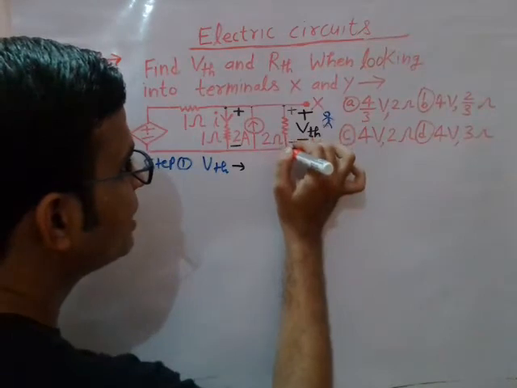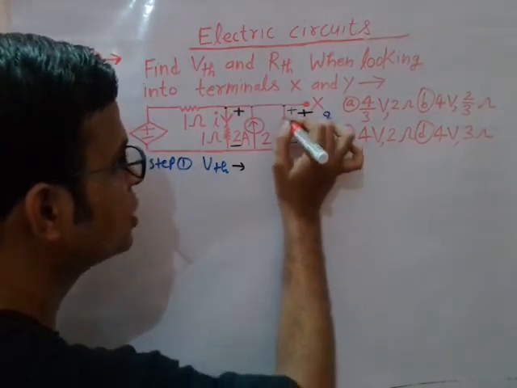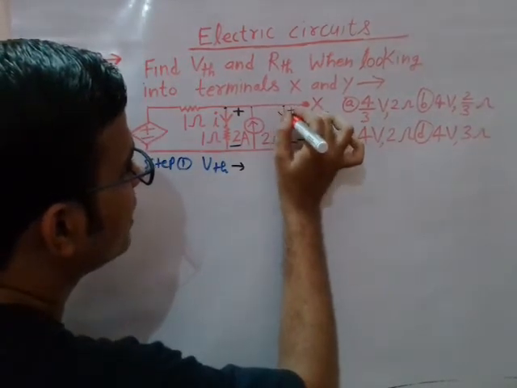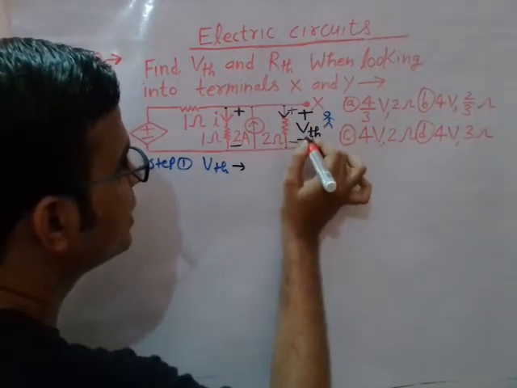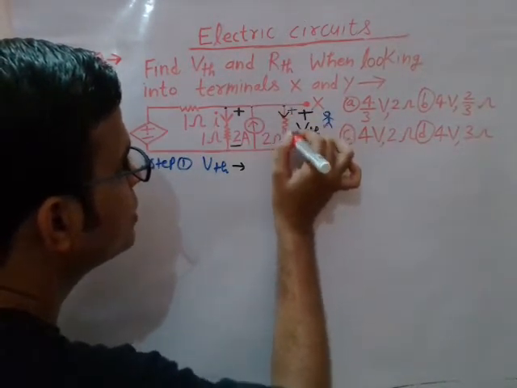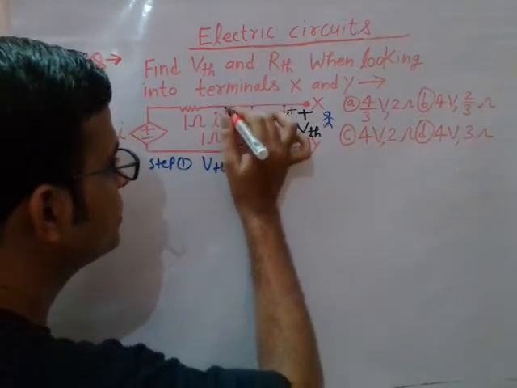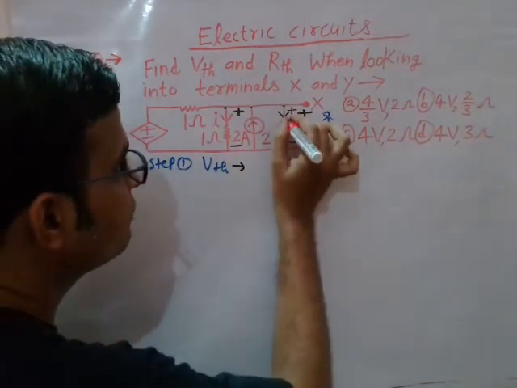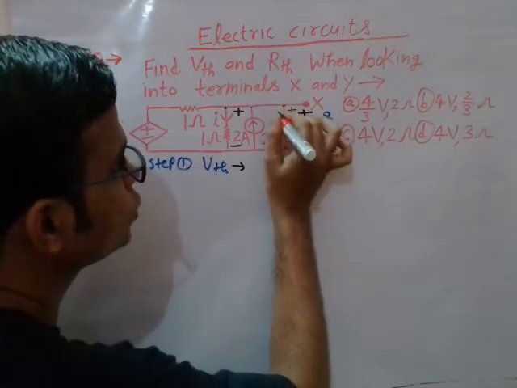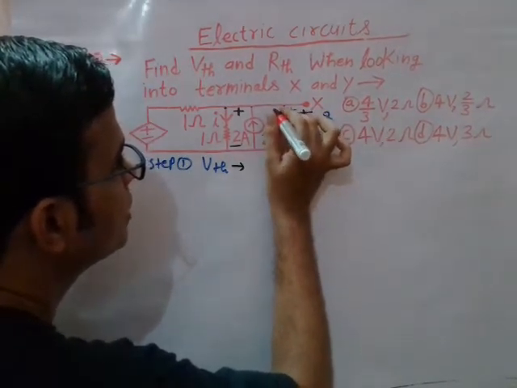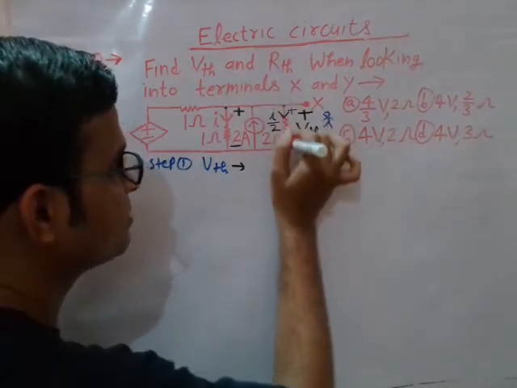So I divide by 2 current. If I want to find out the current in this branch, then I will write like this. Suppose this is the direction of current flow according to this polarity. I told you the voltage drop in this branch is equal to the voltage drop in this branch, and the voltage drop in this branch is I volt. So the current flowing in this branch is I equal to V by R, Ohm's law. So I by 2 will be the current in this branch, right?